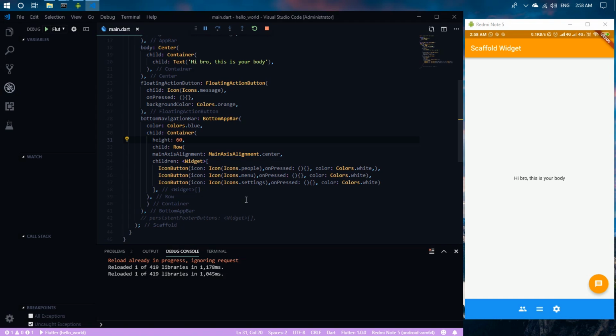Okay, the last is persistent footer button. Persistent footer button is a set of buttons which remain persistent on the screen, even if the body of scaffold scroll. If we use bottom navigation bar and persistent footer button simultaneously, persistent footer button will be displayed above the bottom navigation bar but below the body. We just need to uncomment this code